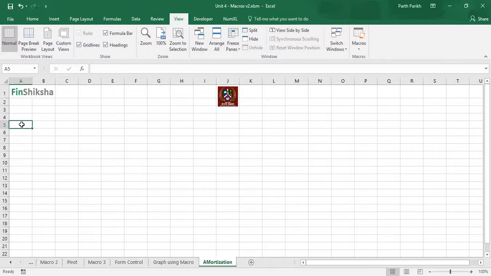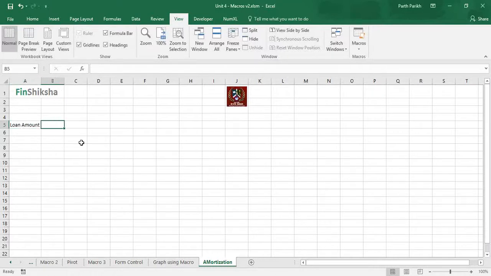All right, so the data which has been given to us is the loan amount. I will first form the table and then I will try to record a macro which will capture the formulas. Otherwise, it will capture the data as well. So my loan is, let's say, 10,000 rupees. My interest is, let's say, 10%.